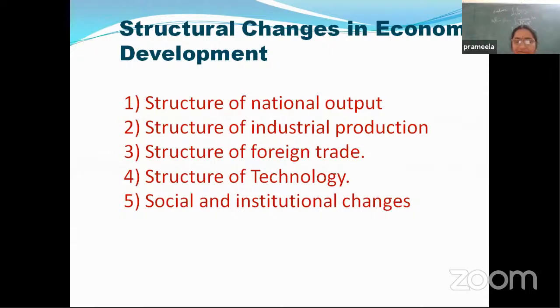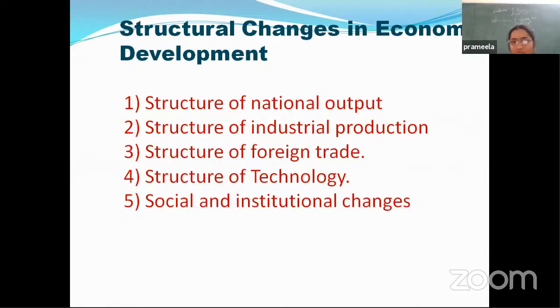First of all, it has to change the occupation structure. Occupation structure means the population, the labor force, engaged in different sectors. If we go to the Indian economy, most of the people depend on agriculture. So the structure of this labor force must change. That means the labor has to shift from the primary sector to the tertiary and secondary sectors. Then only is it possible to achieve economic development. So it is the first structural change that has to take place. Next, the second one,